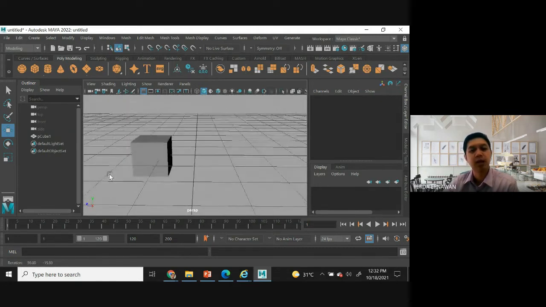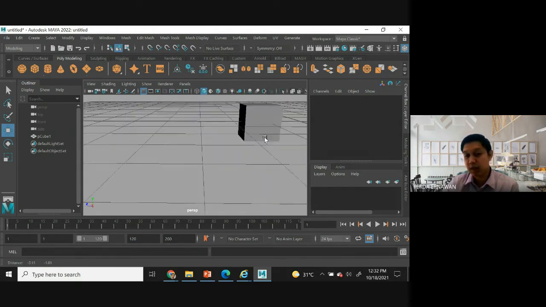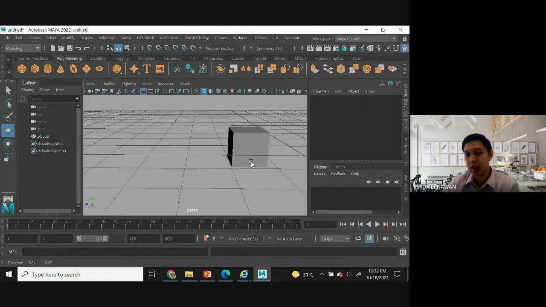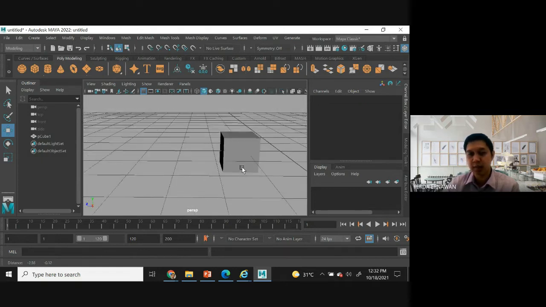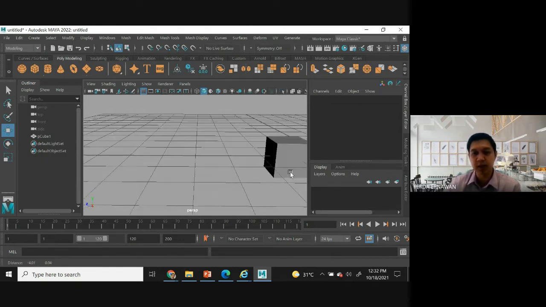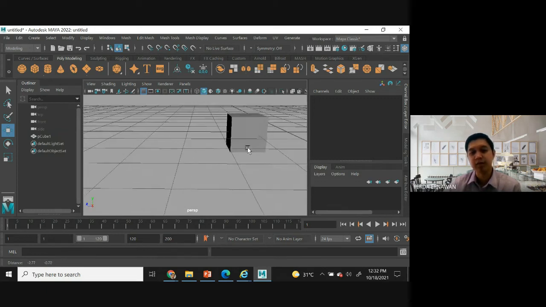How about the panning, or trying to move the camera here? You can press Alt again, and then press the middle mouse. So this is the pan one, or you are using the camera to move something like that.